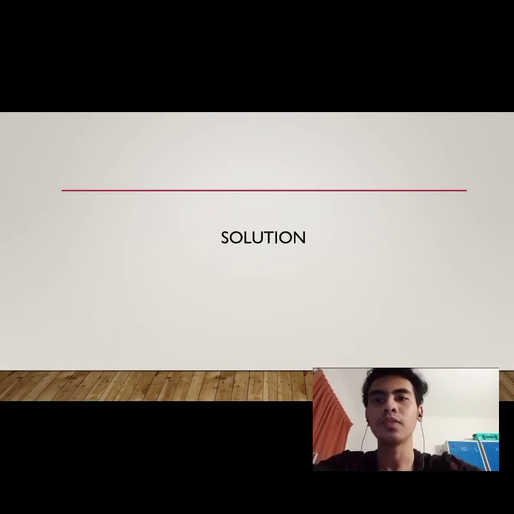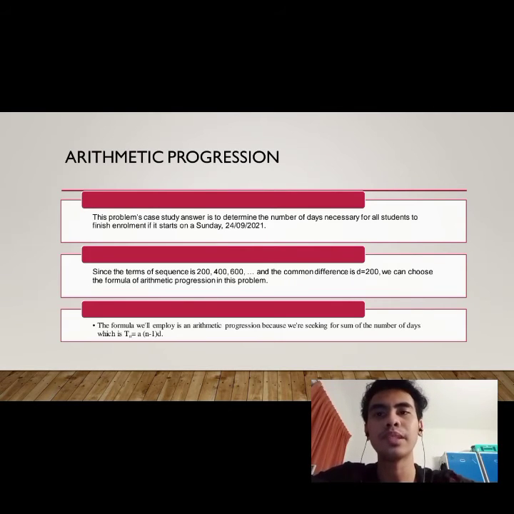Okay, for the solution of the case study, there are two questions: one is for arithmetic progression, and two is for geometric progression. For the arithmetic progression, this problem's case study answer is to determine the number of days necessary for all students to finish enrollment if it starts on Sunday